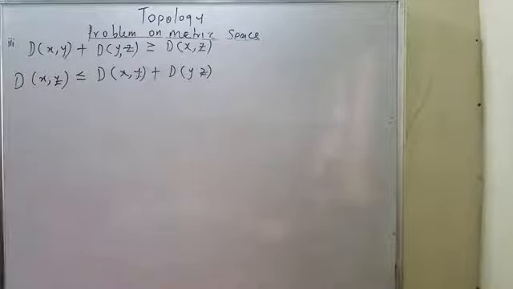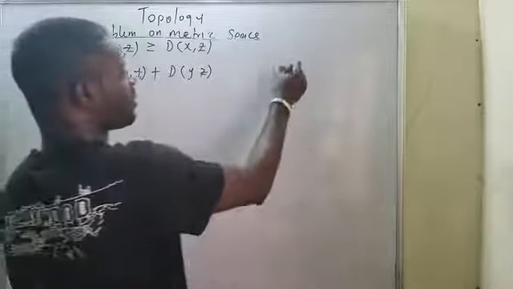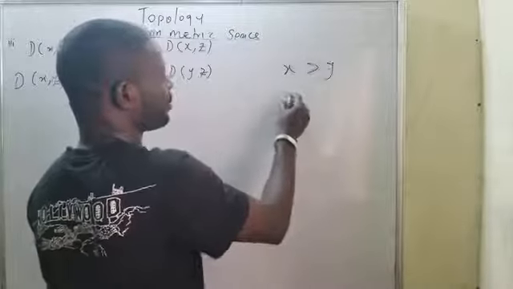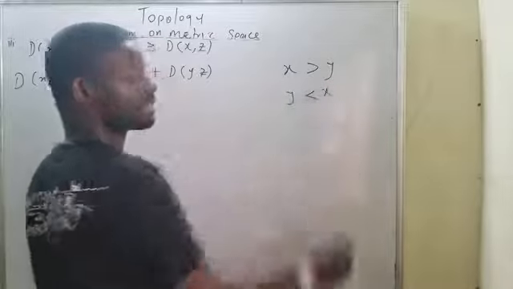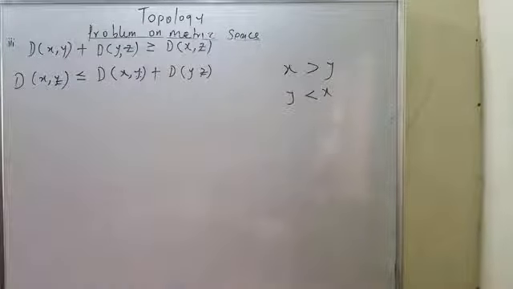Now, it means I just change position. When I have x greater than y, y will be less than what? X. That is what I'm just trying to do there. Since I have that now, what I'm trying to do is, okay, how do I show that this will be very fine? Now, let me show some generated